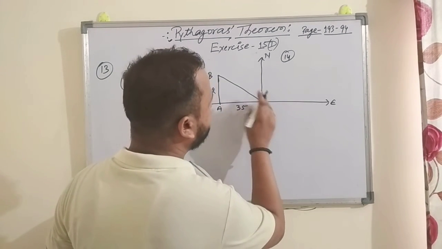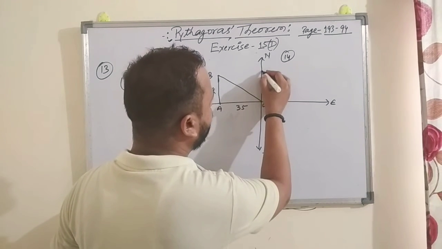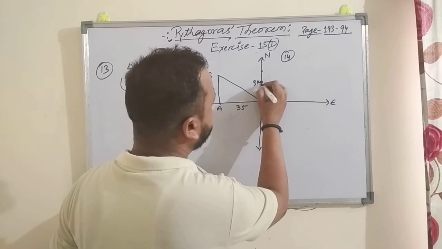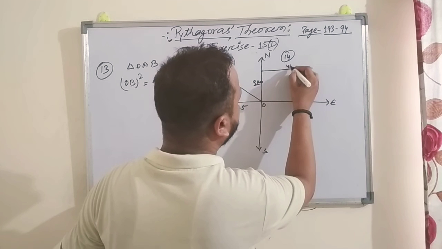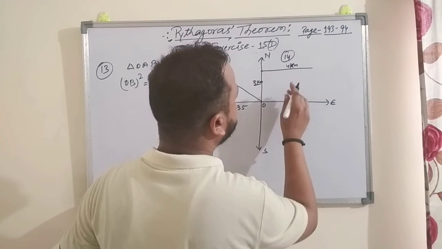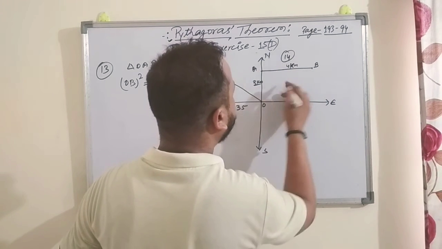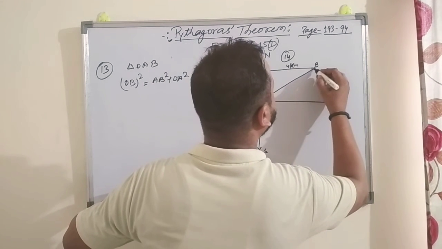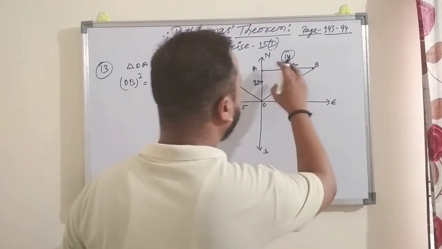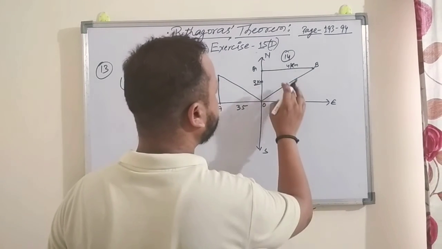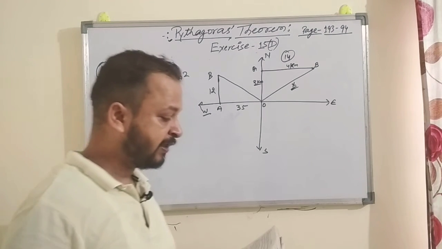So from origin, the question is also the same. 3 km due north. So if he reaches 3 km, and then 4 km due east, 4 km. Suppose he reaches point B. This was A. If you join them, this length OB you have to find out, and you know that this is the first triplet 3, 4, so this must be 5. You can easily find it out by using Pythagoras theorem.